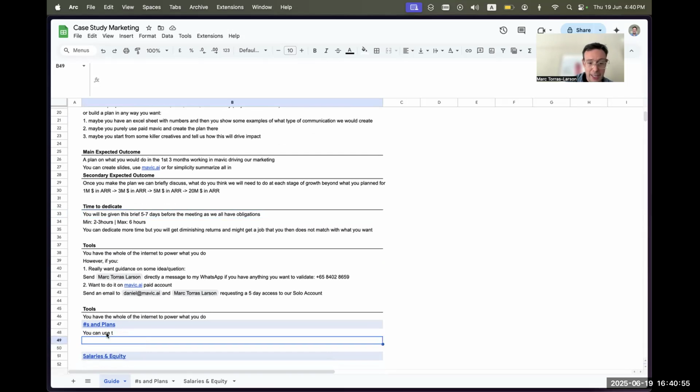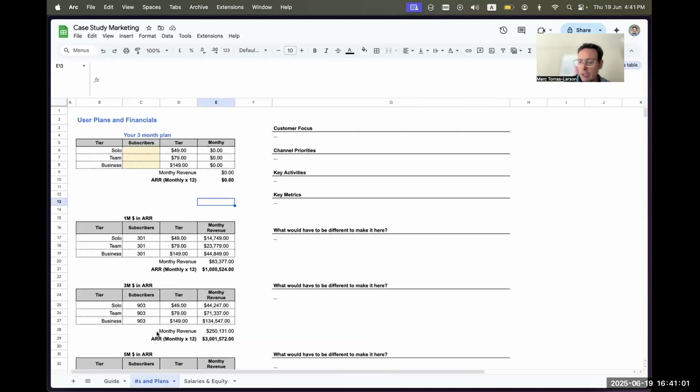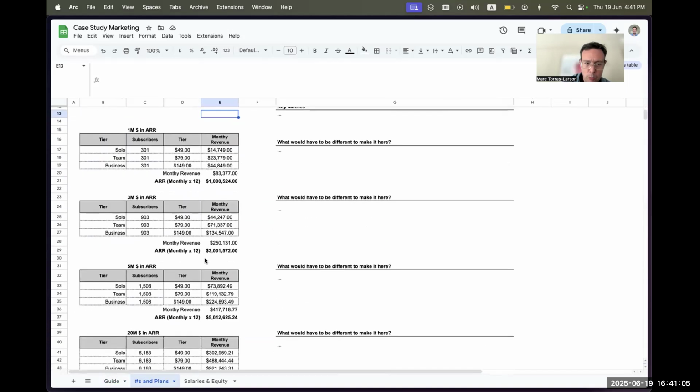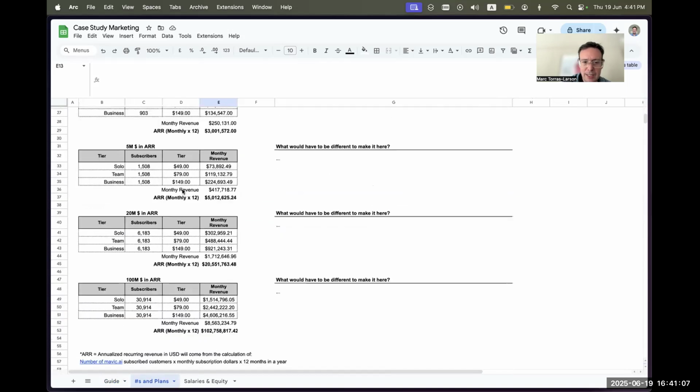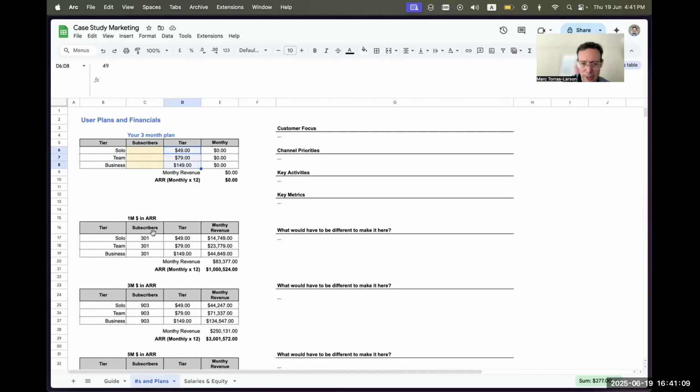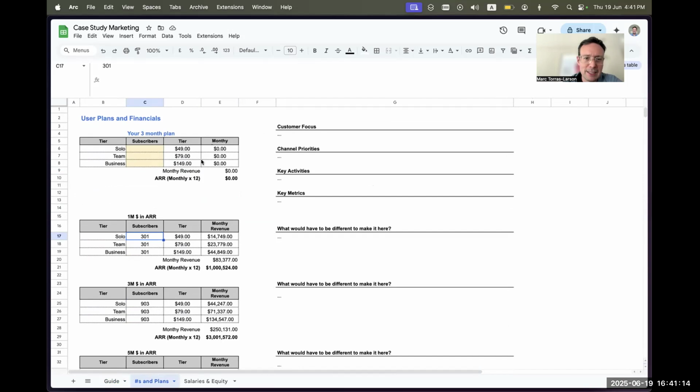I think that's quite critical because you don't want to do something that doesn't match what your expectations are. Here I'm going to add some information, but basically the numbers and plans you'll have here. You can deliver anything you want, but eventually here we have what any company has. This is our current price points. Obviously, this could vary in the future. I think that's the interesting part, and this can get much more complex. But hey, what is your 3-month plan?